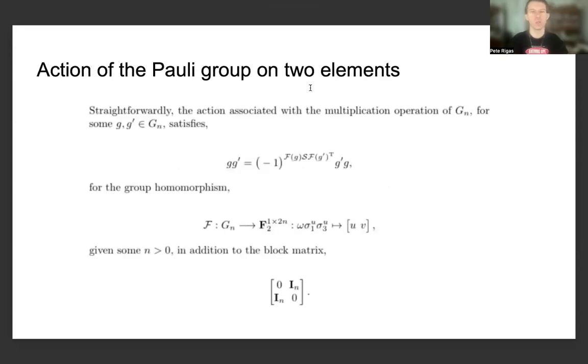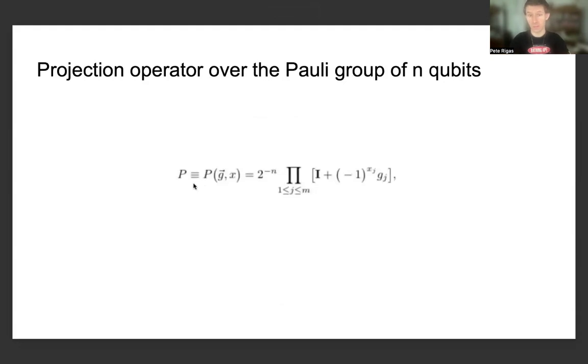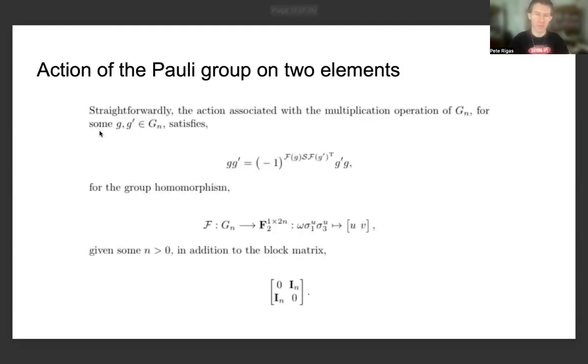And the action of the polygroup on two elements, zooming out a little more further from this previous expression that's given from the projection operator, is given by the fact that, straightforwardly, the action associated with the multiplication operation of Gn, for some g, g prime in Gn, satisfies g g prime is equal to the minus 1 times this power, which is dependent upon the group homomorphism g prime g,